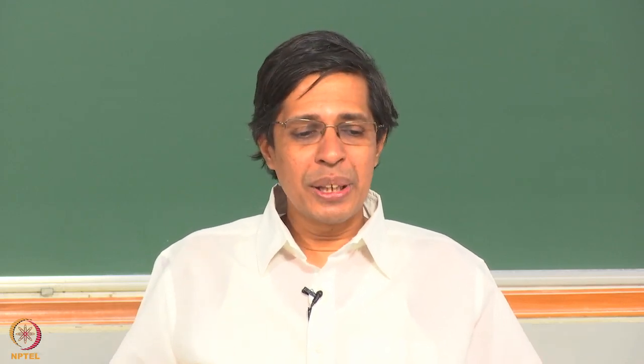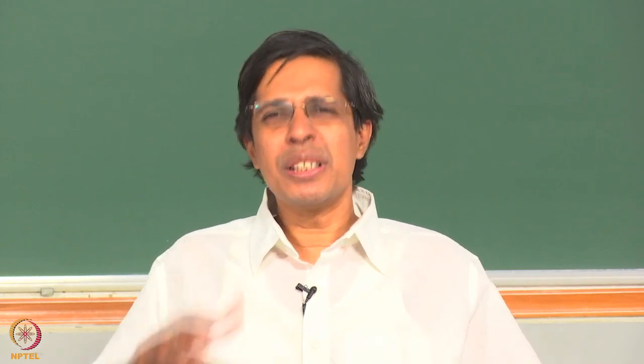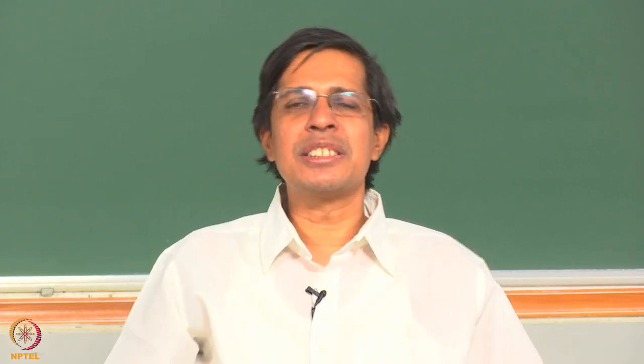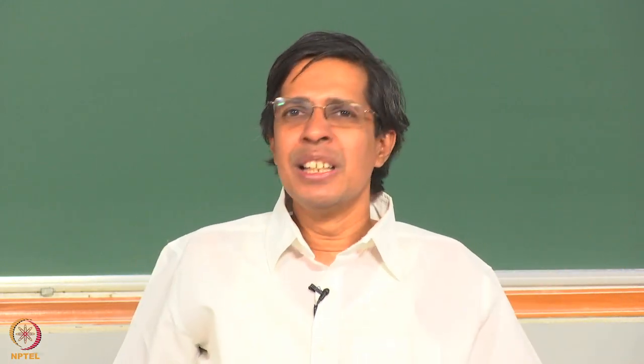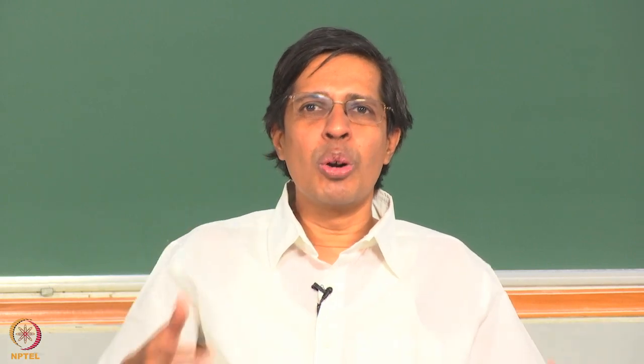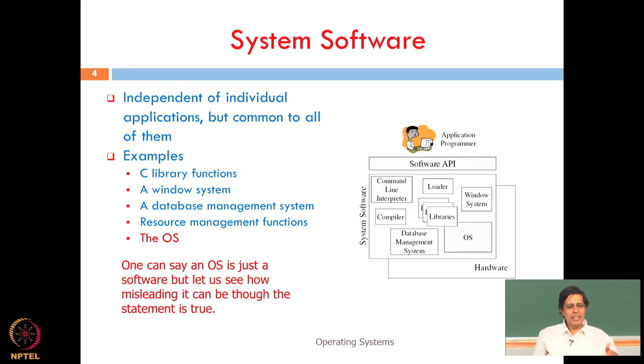And of course finally the operating system. One can say that an operating system is just a software, but actually it is more than a software, and we will see that though it is a software that is executing, we can't say that an operating system is actually a bunch of library functions like a C library. We can't compare the 4 blue points that I have given as examples with the red point, that is the OS there. So an OS cannot be compared with a C library function. Both are software, but there is something different, and let us see what it is as we proceed